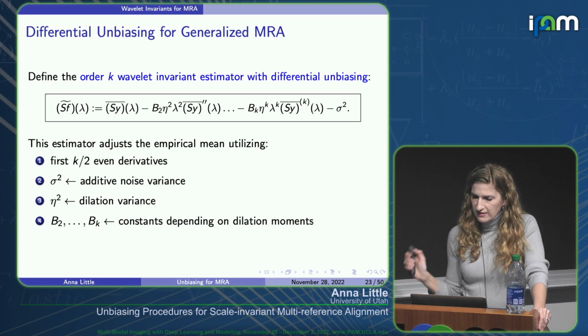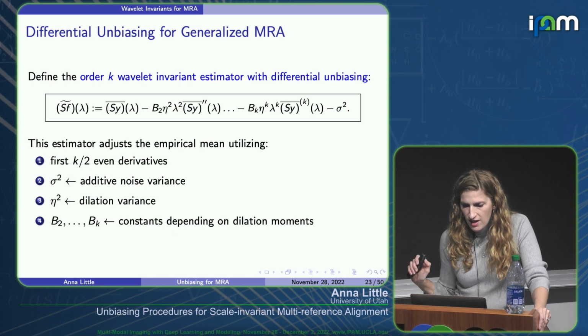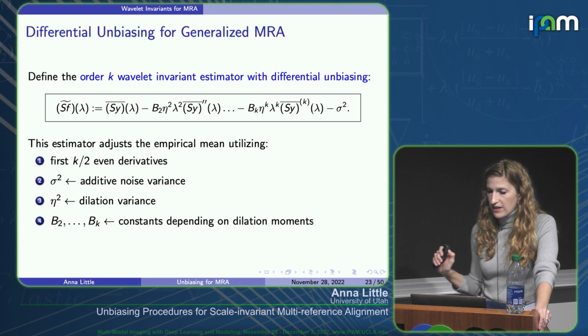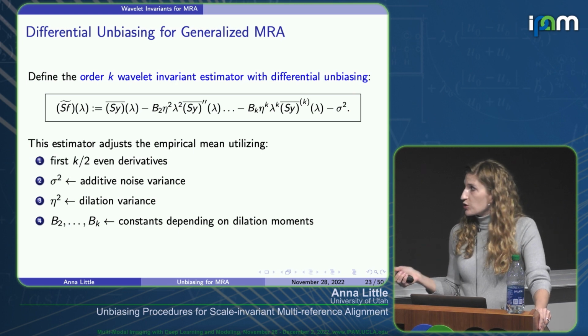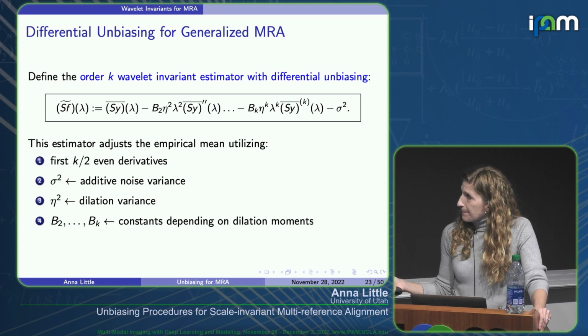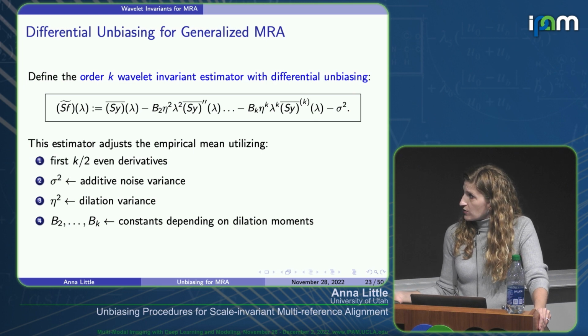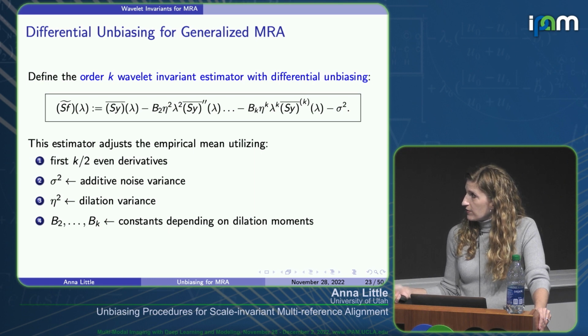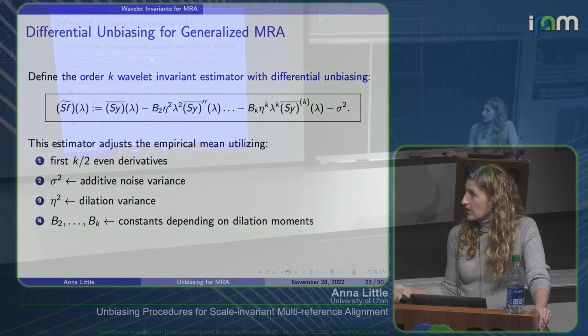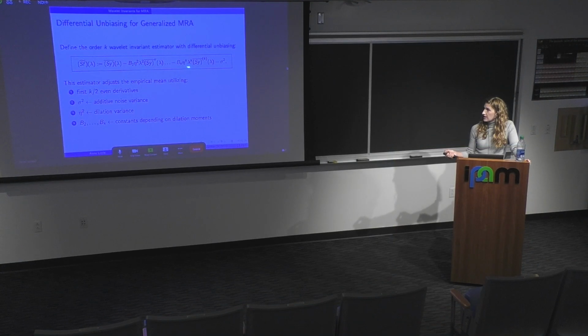It looks a little nasty, so I'll call this the order K Wavelet Invariant estimator with differential unbiasing. But what it's doing is really rather simple. This is on the wavelet invariants. You start off with the empirical average, and then you subtract off some derivative terms. Here we have lambda squared times the second derivative, lambda to the k times the kth derivative. And then we have coefficients, which depend on